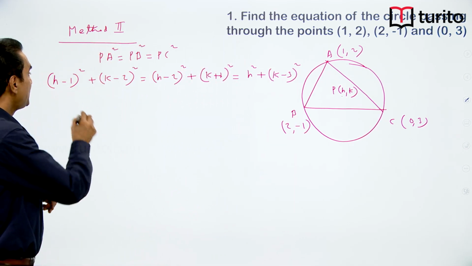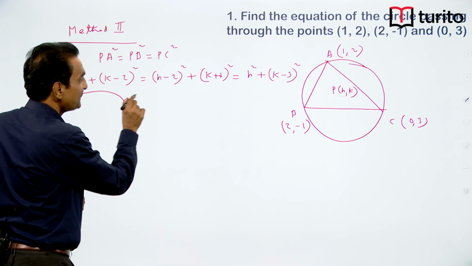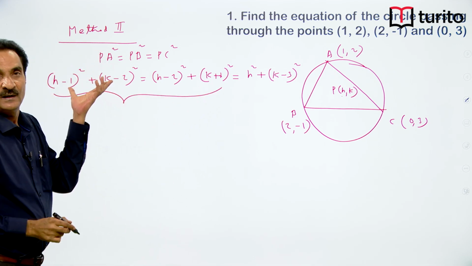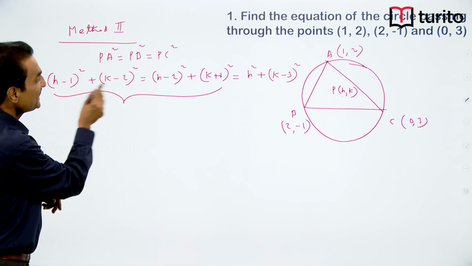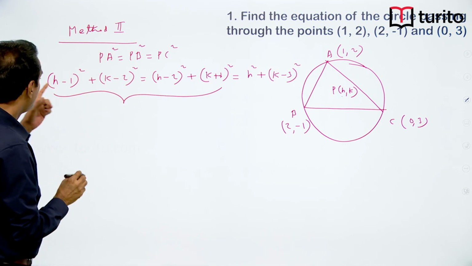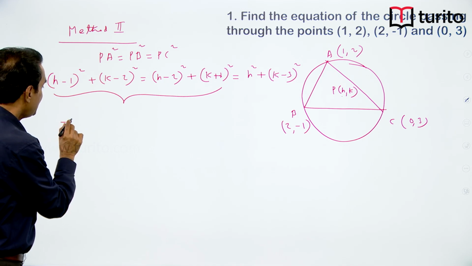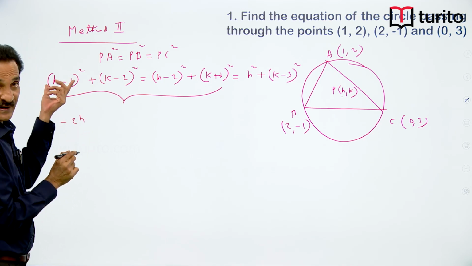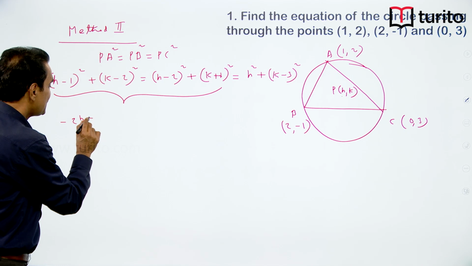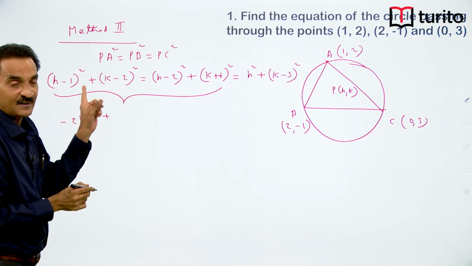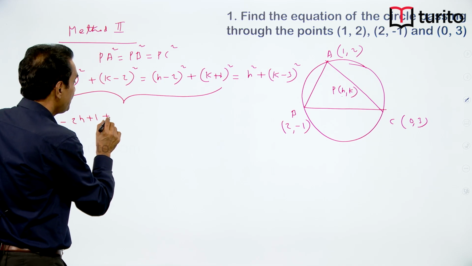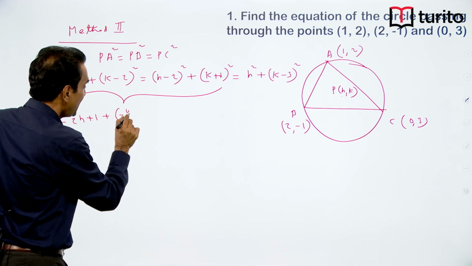Now, if you take 2 at a time, let us take first 2. If you equate these two, h square plus k square will cancel. What is the remaining here? After expanding the squares, minus 2h plus 1. Here after cancelling k square, what is remaining? Minus 4k